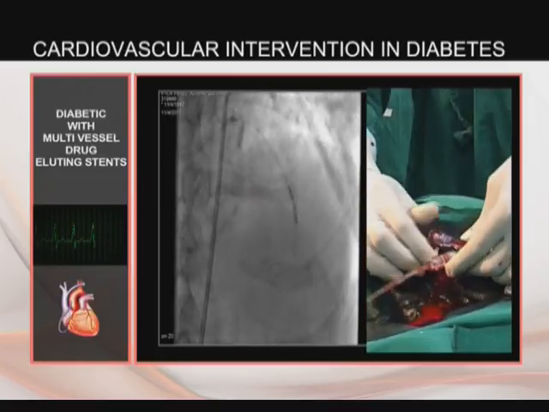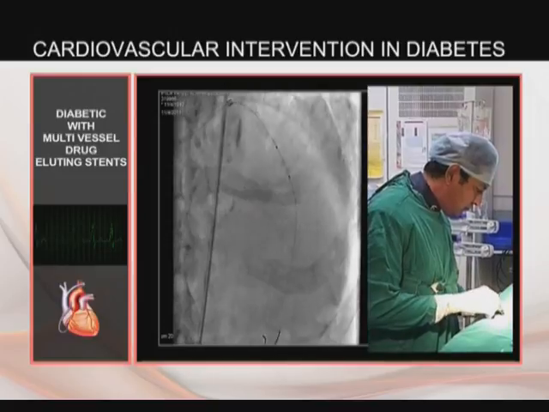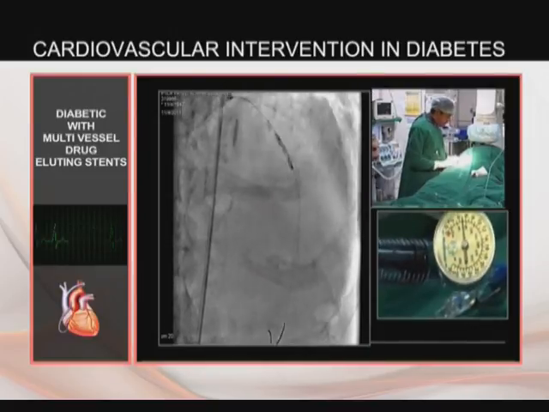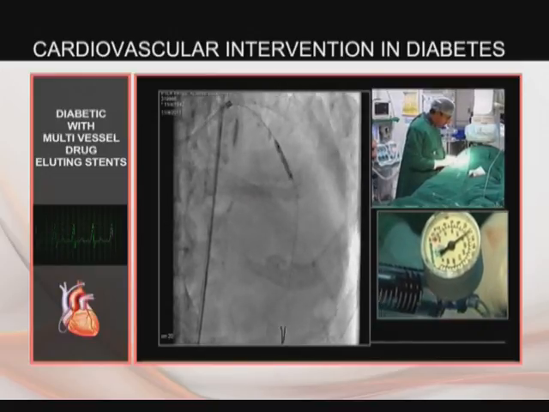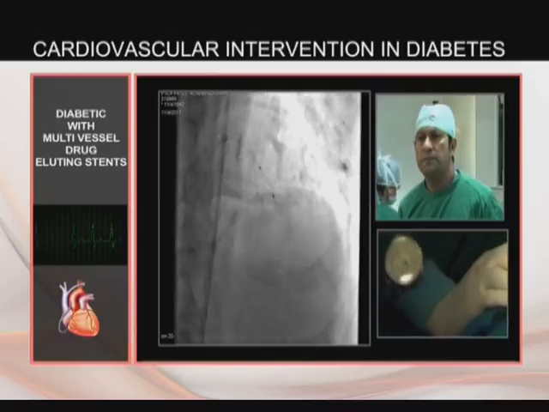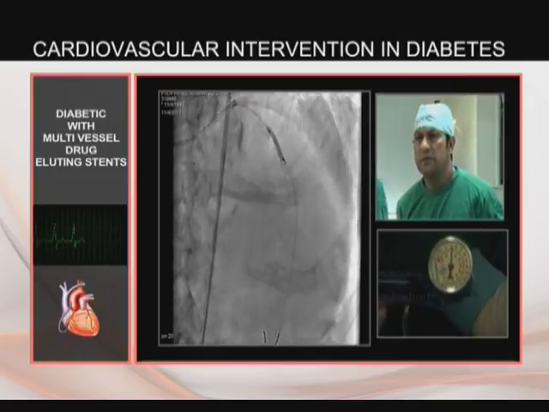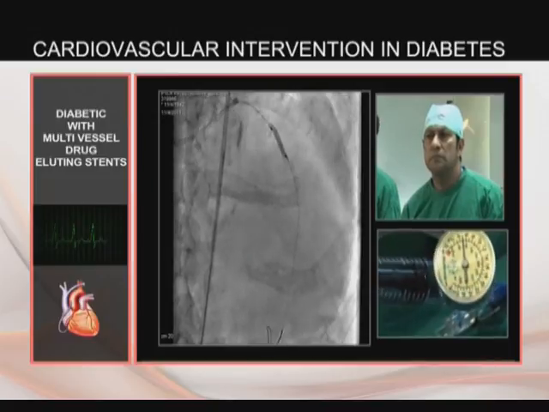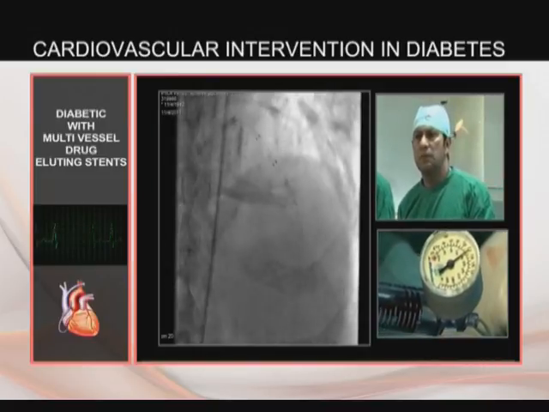You can see the severe stenotic lesion with a waist on the balloon, which disappeared at high pressures to open up the lesion at 14 to 16 atmospheres. Here you see multiple balloon inflations throughout the length of the LAD artery. This is a very diffusely diseased LAD artery in a long-standing diabetic patient who has uncontrolled diabetes on insulin and